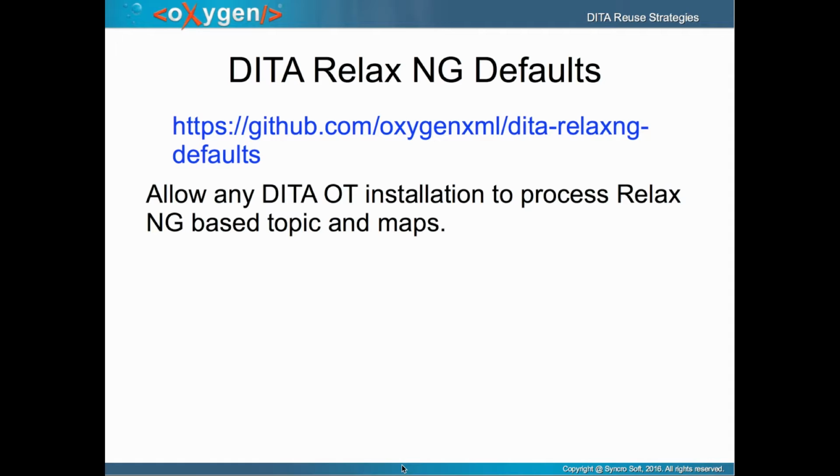And then, of course, the DITA OT also provides the DTDs and XML schemas. But if people want to edit the topics and maps using the Relax NG based specializations, they have this plugin which can be integrated in any external DITA OT, and it will work. Until now, using Oxygen you could publish, but using an external DITA OT you couldn't publish, and that's why I created a plugin